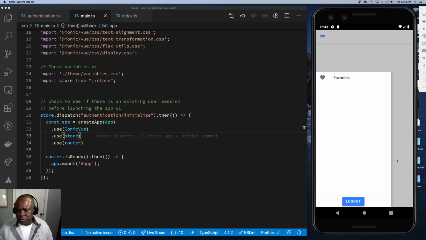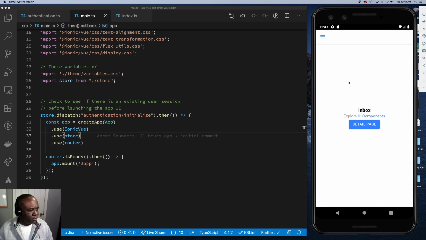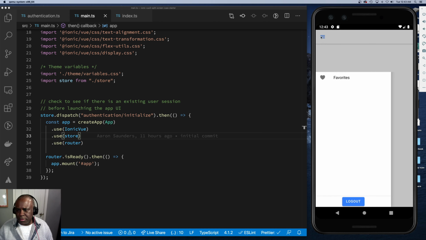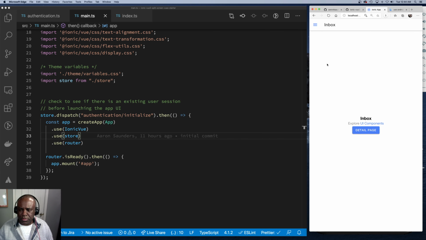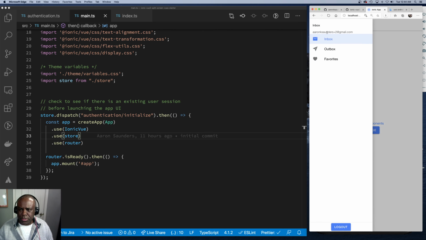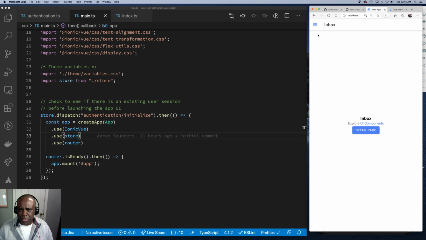Oh, that's an interesting bug from Android. So when I log in, you can see it shows I'm logged in. You can see it has the email address up top here, and that's the behavior that I was looking for. So now let's talk about how the router